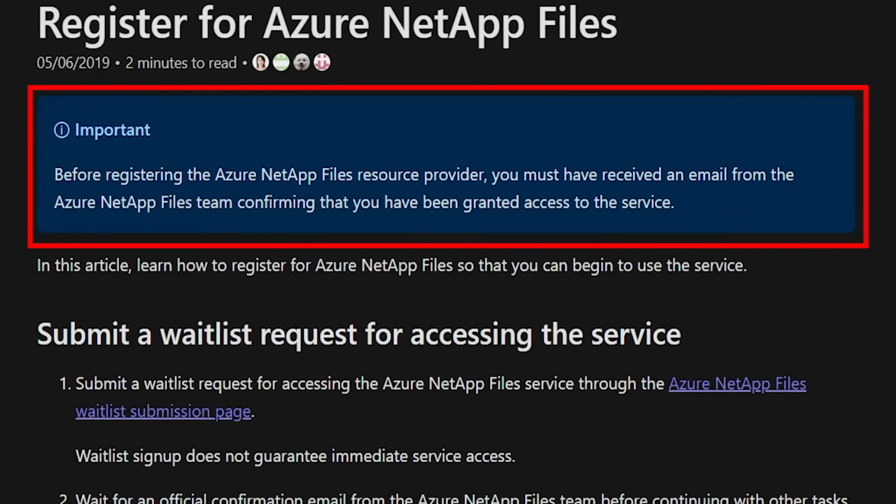Now, hold on a second. What's going on here? I thought this was a first-party service in Azure. And yes, it is. This is actually being done on purpose, and the reason why has nothing to do with being some third-party service. Because NetApp Files has guaranteed performance metrics that they need to hit, we need to be